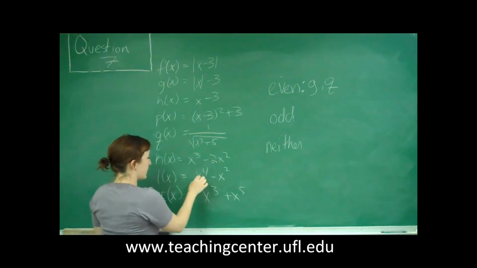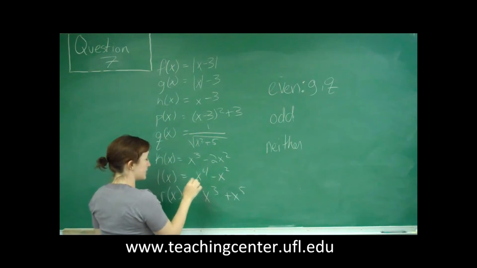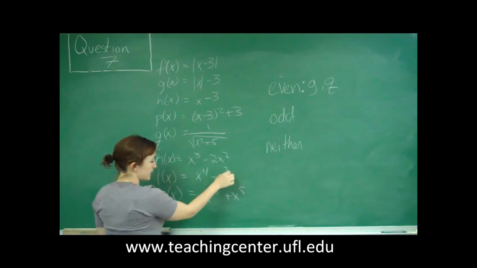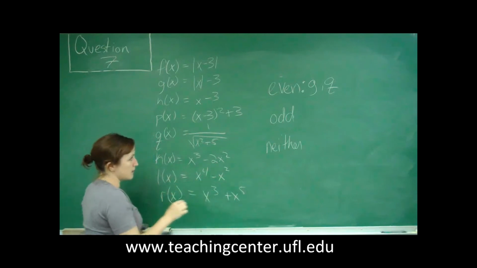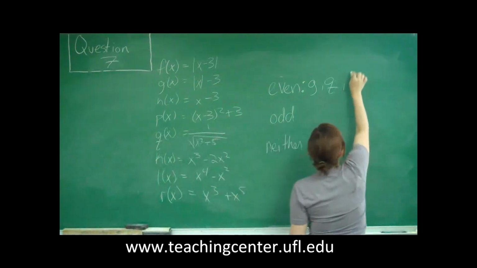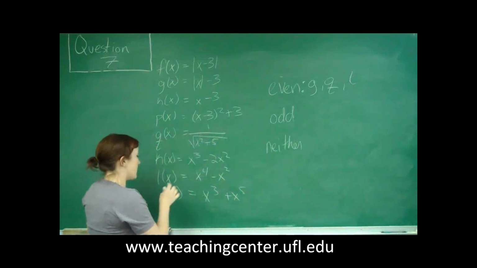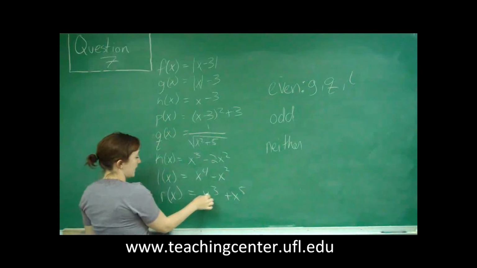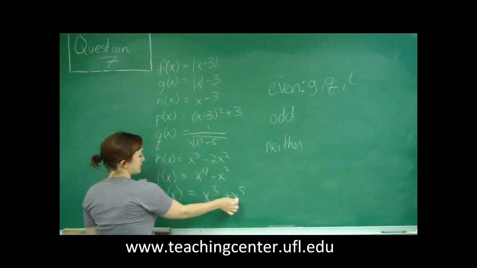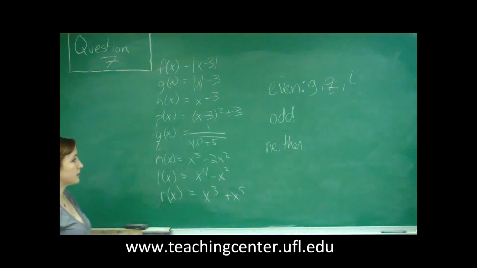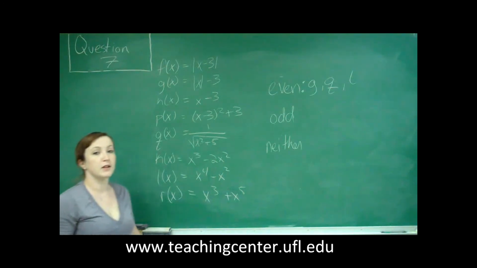L of x, when I plug in a negative x to the 4th, that's equal to x to the 4th, minus negative x squared is equal to x squared, so actually L of x also stays the same. And then R of x, when I plug in a negative x, I get negative x cubed minus x to the 5th. So we found all our even functions, so now we want to go back and find the odd